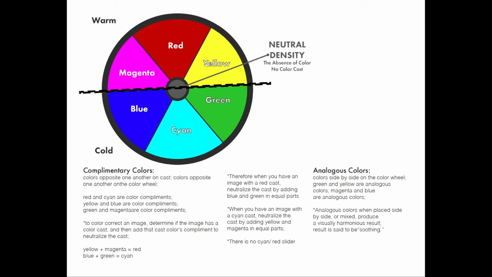So I just want us to be aware that magenta, red, and yellow are warm colors, and blue, cyan, and green are going to be cold colors. And so what we're going to do is use the complementary colors, the colors that are opposite one another on the color wheel, to make a neutrally dense image, an image that doesn't have a color cast. Now, again, if you're photographing an early sunrise, you don't want to color correct out the warmth of that image, but you also don't want it to